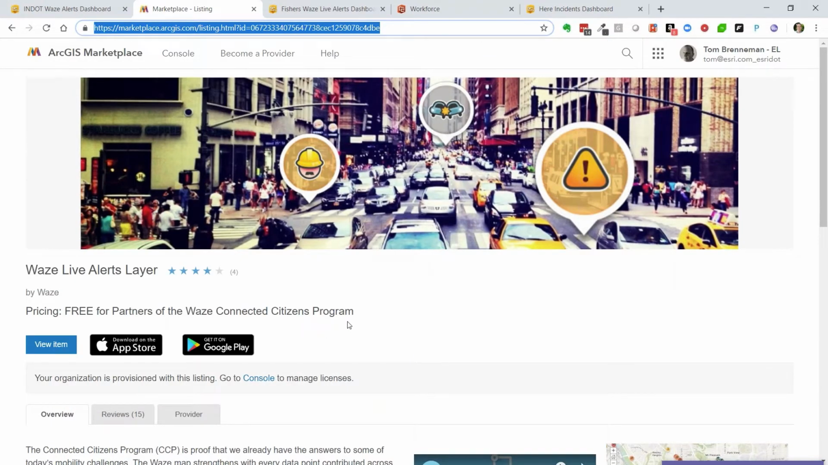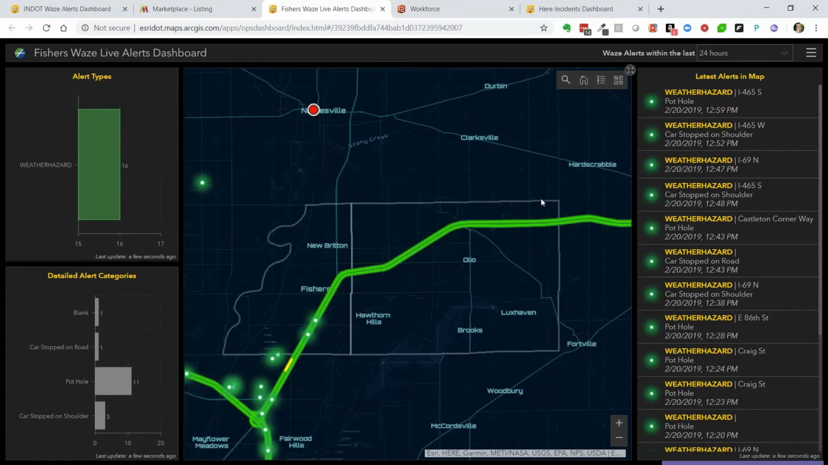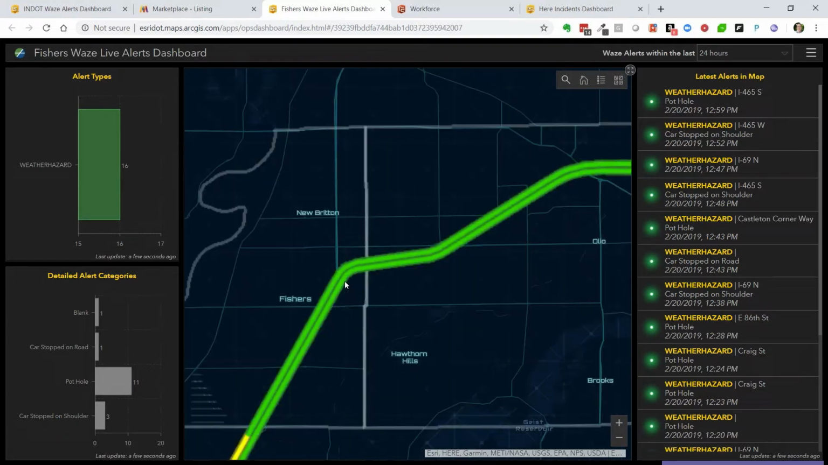So there's no cost for this. You just need to agree to those agreements with Waze and their Connected Citizens program. And then you can create a very similar dashboard. This is one that was created for the city of Fishers, which I live in Noblesville right up here. This is the town just down the road from me. And the city of Fishers has put together this dashboard for showing some of these real-time alerts and Esri traffic,